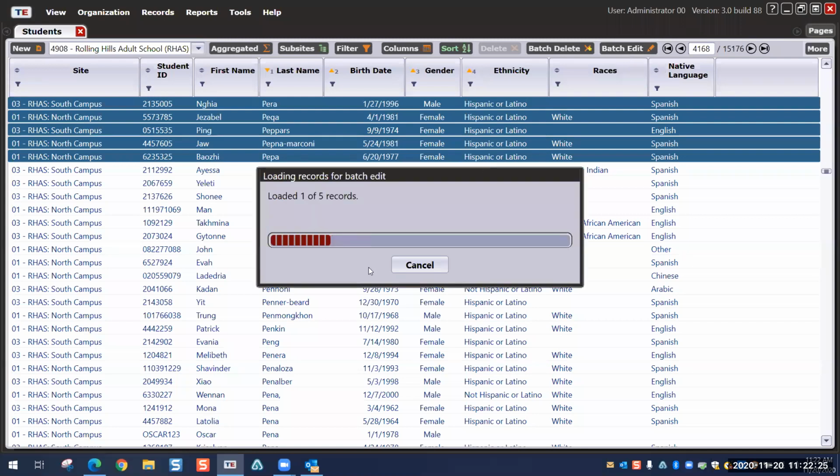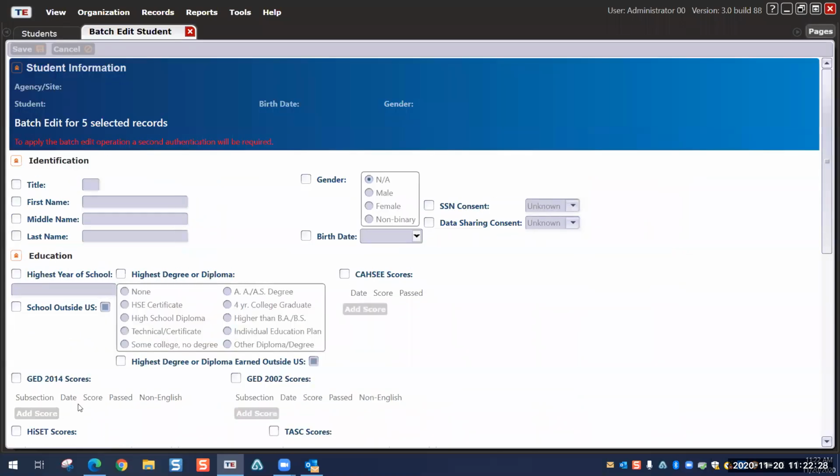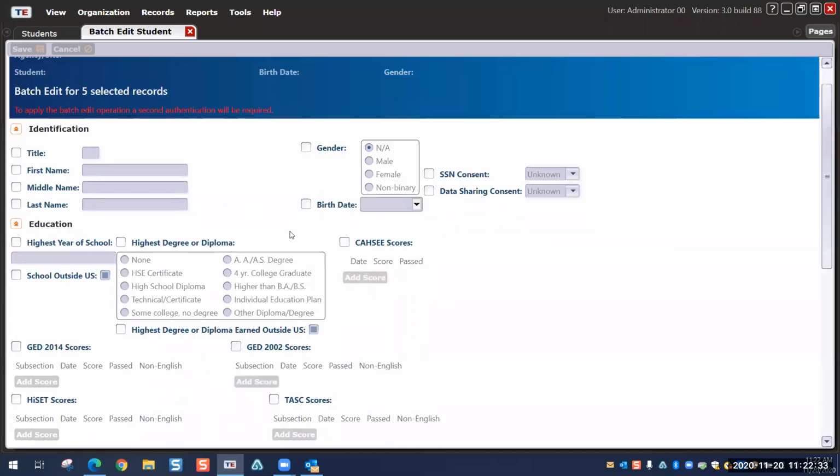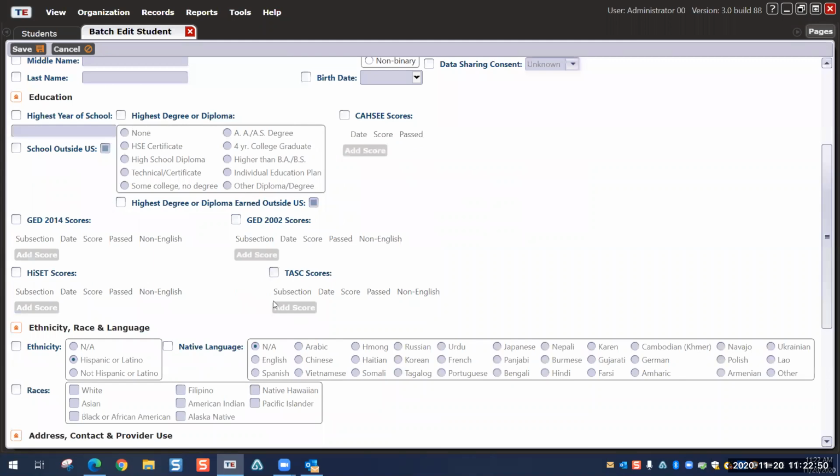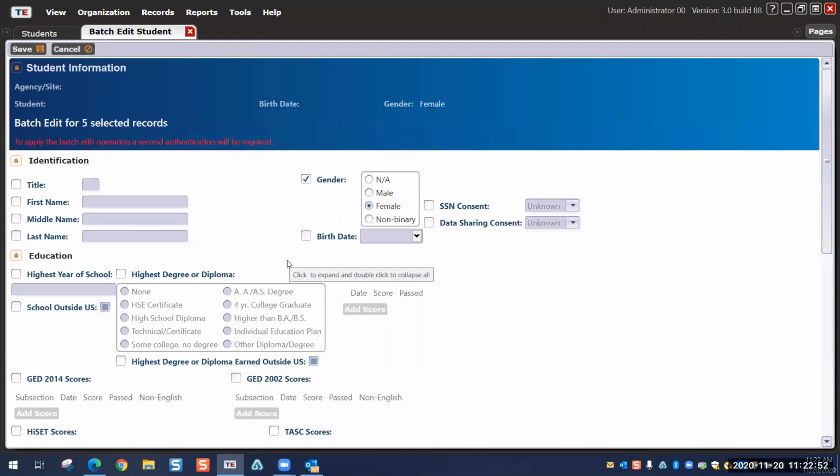Now, batch edit, on the other hand, gives me the capability of editing all these records. So notice that when I click on batch edit, I can go ahead and set the information. Again, just like with batch insert, anything that I change will pertain to the entire group. So let's say, for example, the gender. I'm going to go ahead and change it to female over here, if it applies, right? So any information that you set over here would apply to the entire group. So perhaps for demographics this is not the best way, but just for the purpose of the practice here,